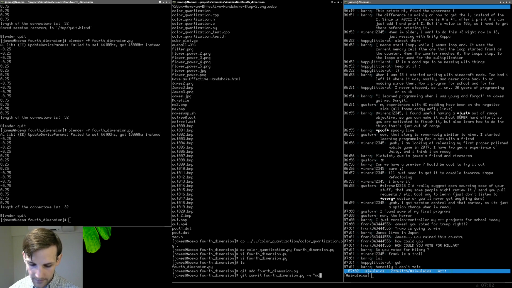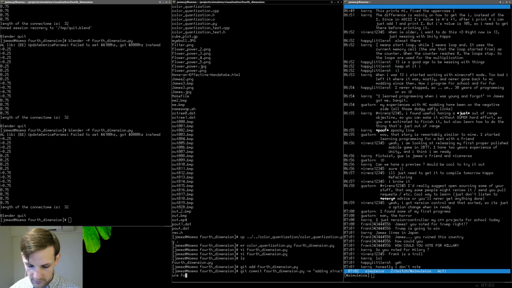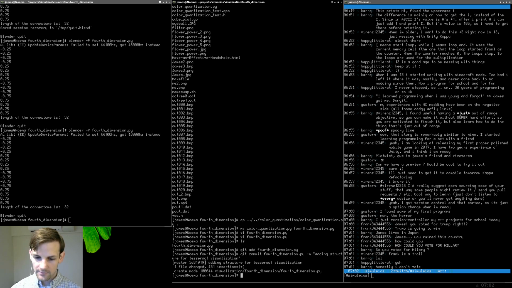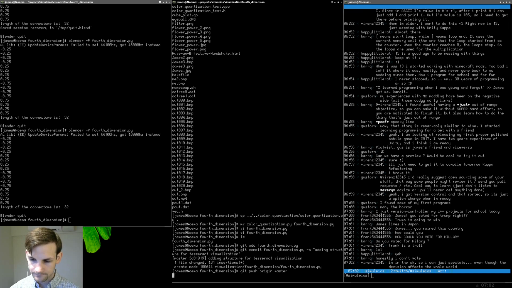Git commit 4th dimension: adding structures for Tesseract visualization. Okay, so now we have everything basically ready. Git push, origin master, and of course,